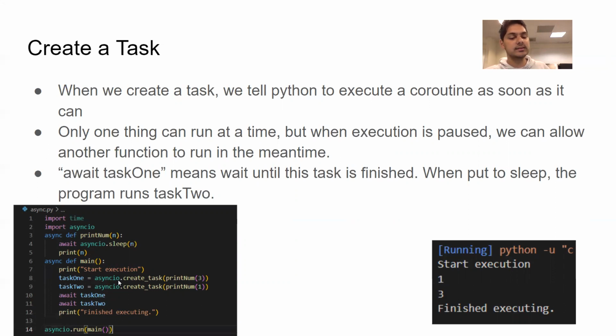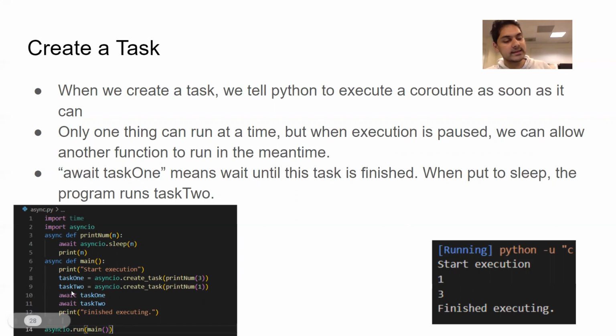That allows us to create this task, which calls the asynchronous function print num 3. Now we're creating task 2 with the function print num 1. And then we await these 2 tasks, await task 1, await task 2. This allows us to successfully create task 1 and then task 2, and then run task 1 and then task 2.